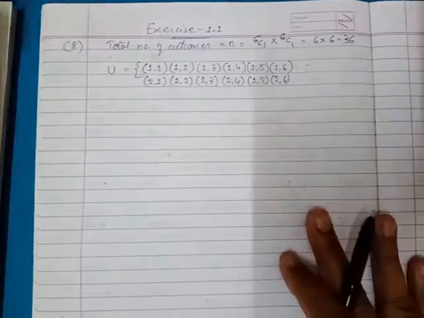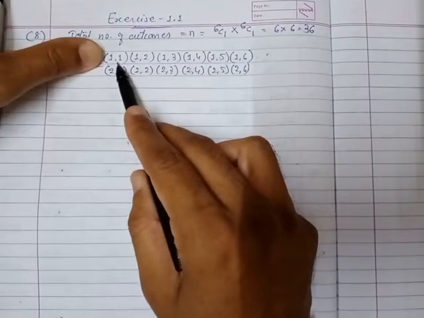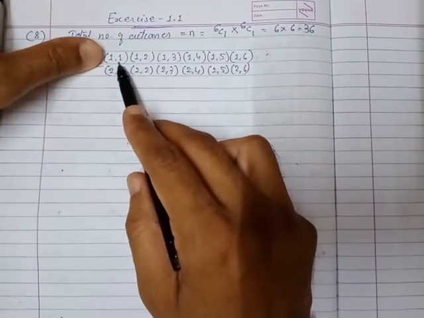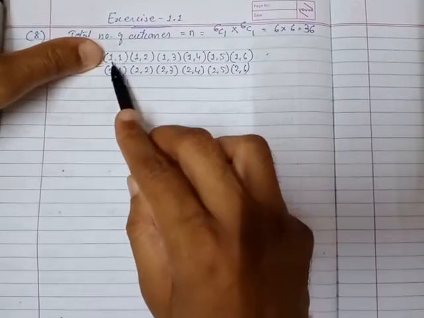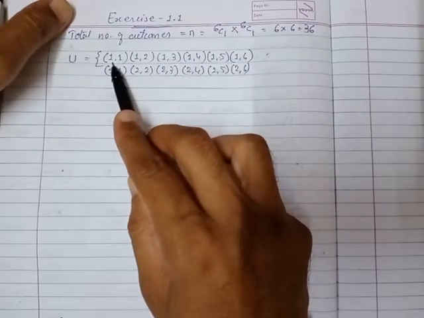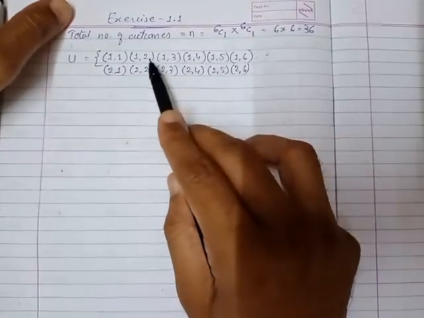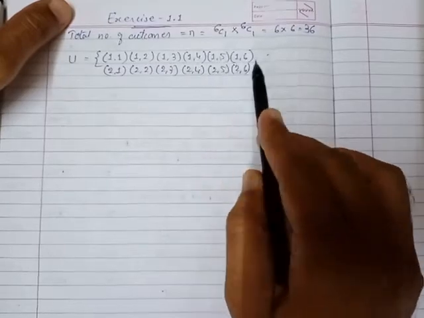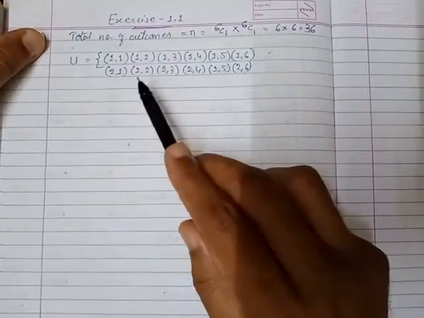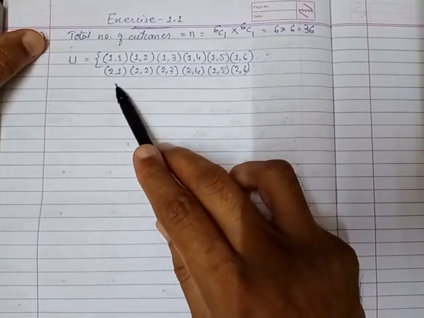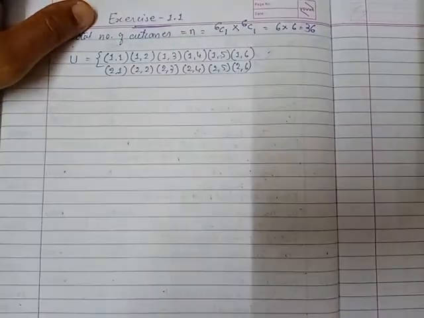So there are two outcomes at a time we will get. Like first outcome, on both the dice we will get number 1 1. Now the second number I will change, first number I will keep fixed. So first dice outcome 1 only, I will keep with 1. Other outcomes possible on the second dice are 2, 3, 4, 5 and 6. So 1 1, 1 2, 1 3, 1 4, 1 5 and 1 6. Likewise, now I will change the first dice outcome to 2. So 2 1, 2 2, 2 3, 2 4, 2 5 and 2 6.